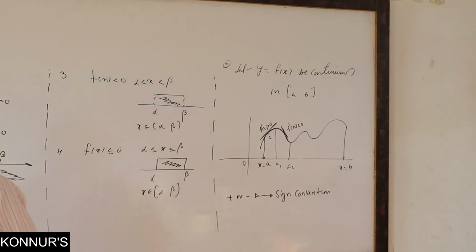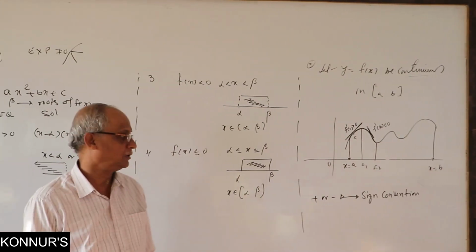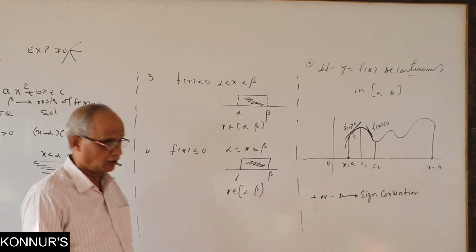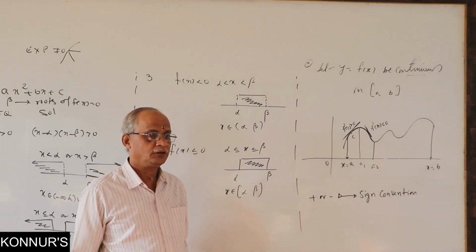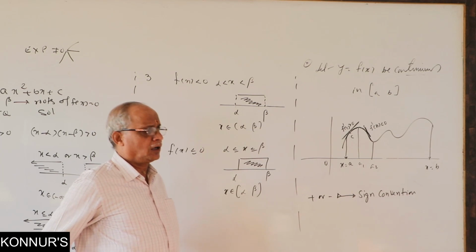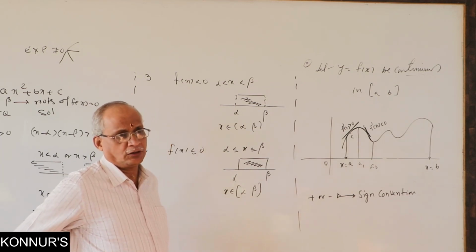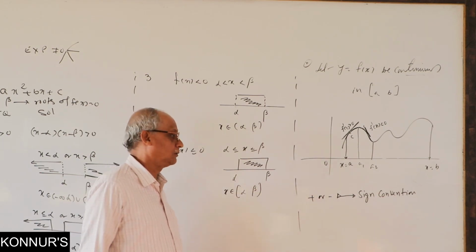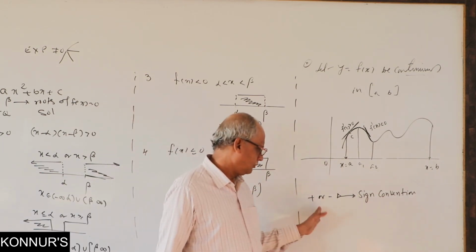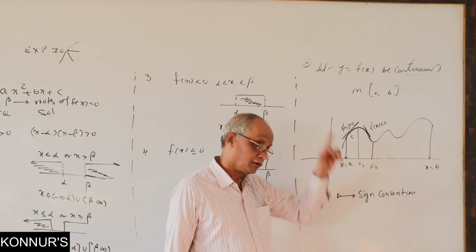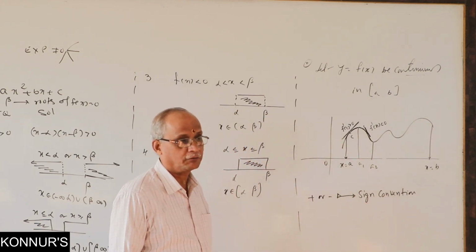Sign convention means to decide whether a function is increasing or decreasing, find the derivative and see whether it is positive or negative. It must be positive or negative at some values only, not in general throughout. Sometimes throughout, sometimes at some values. If you are able to decide it is positive or negative, answer over, conclusion.